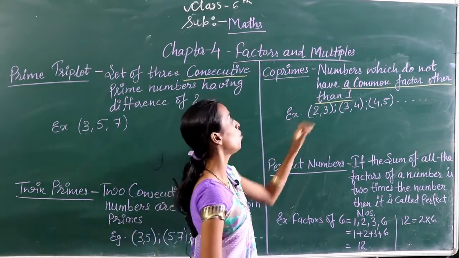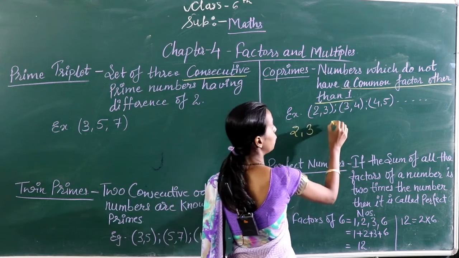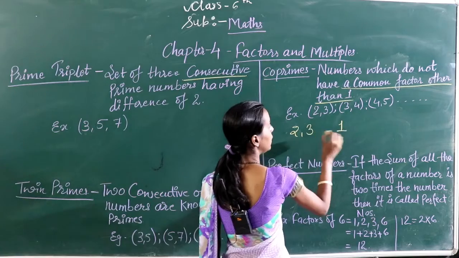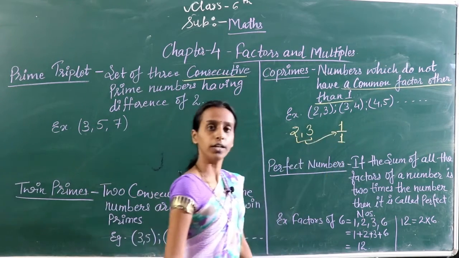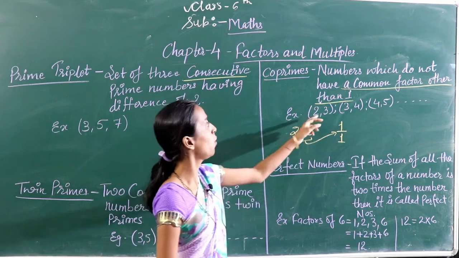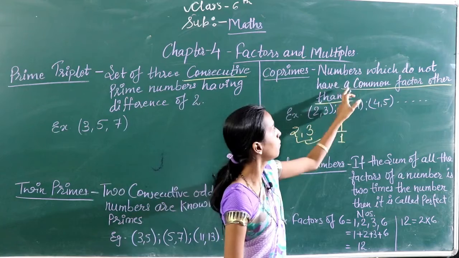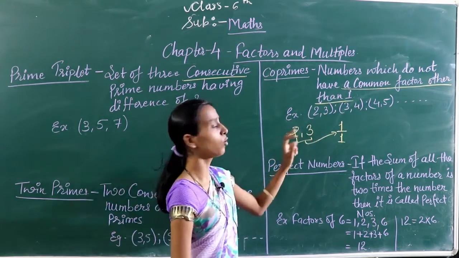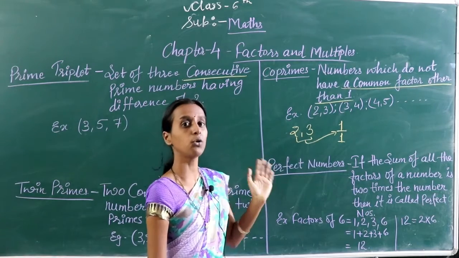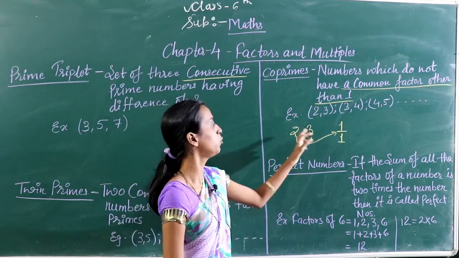For example 2 and 3. Okay, 2 और 3 के मल्टीपल्स कौन कौन से हैं? मल्टीपल ऑफ 2, 2 के मल्टीपल है 1, 3 का मल्टीपल भी है 1. सो दोनों का कॉमन मल्टीपल क्या हो गया? 1. ओके, सो दैट मीन्स 2 and 3 आर व्हाट? को-प्राइम्स. हमने अभी पढ़ा नंबर्स विच डू नॉट हैव अ कॉमन फैक्टर अदर देन 1. ओके, 2 और 3 का कोई कॉमन फैक्टर है अदर देन 1? ऐसा कोई नंबर है जिसमें 2 और 3 एक साथ आते हो? नो, ओनली 1 के टेबल में 2 और 3 आते हैं.